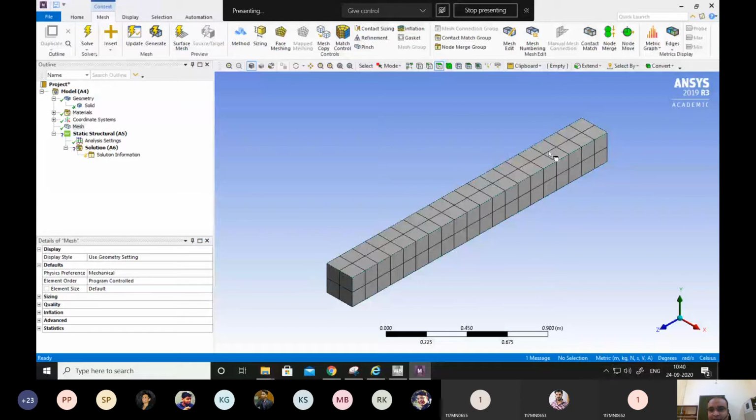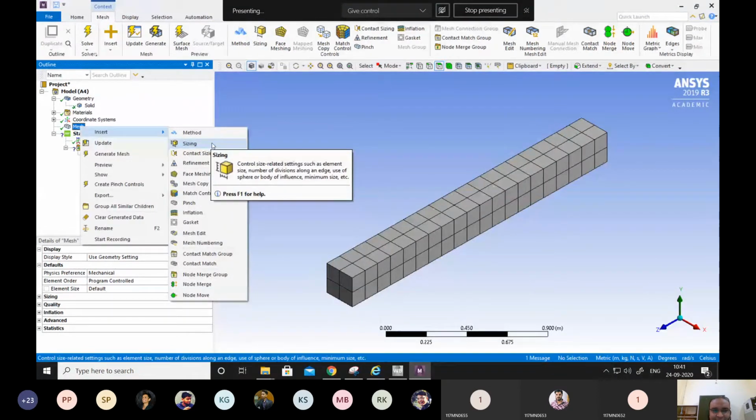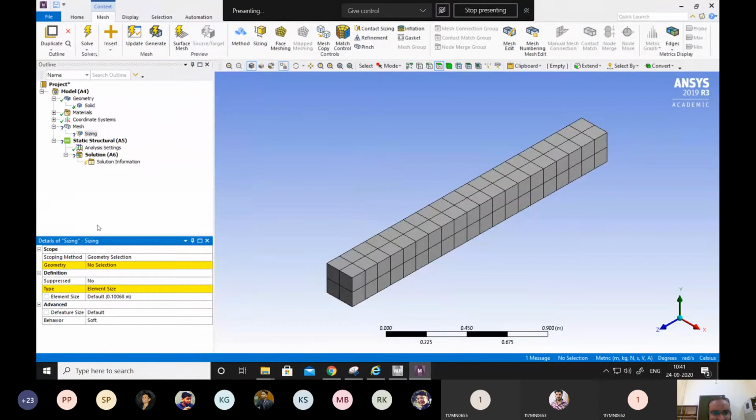Because we are pulling at one end and the other end will be fixed. So that can be seen, or even the deformation at ultimate length can be seen. So what we want to do is increase the mesh density, and for that we can insert some more sizing characteristics. So we can give the mesh sizing.